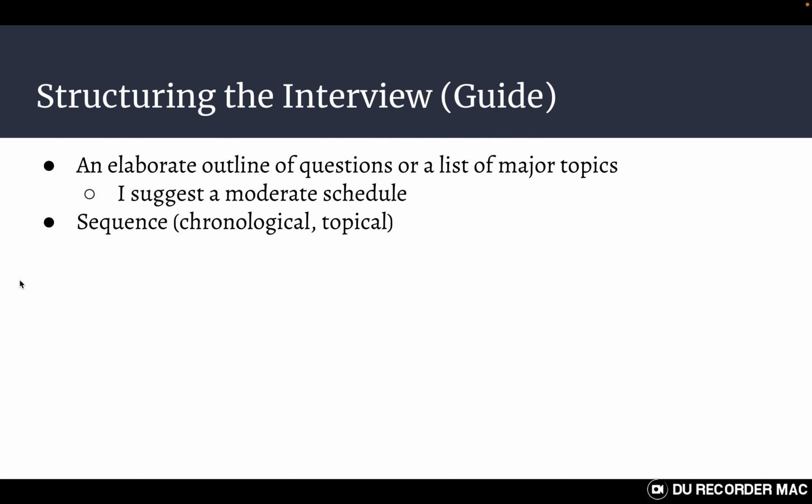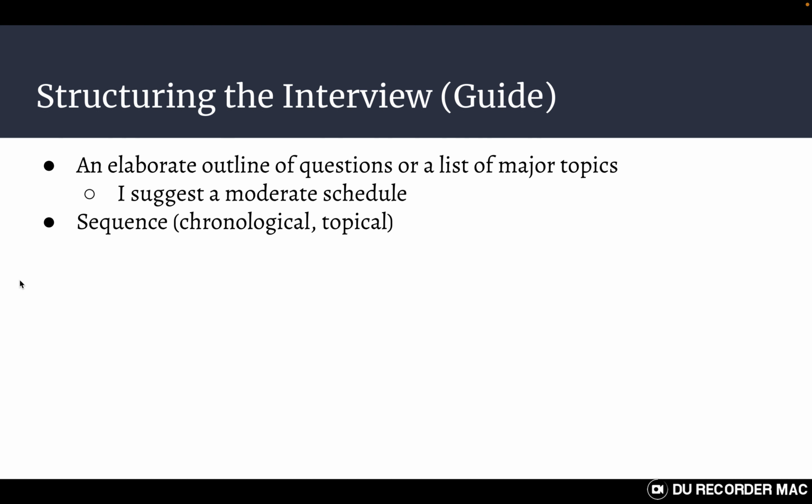And then future, you can ask them about their own career advancement. Where do you plan to go next from here? Or, if you could give advice for me as I'm about to enter this industry into the future, what advice would you give me in that instance? So that would be chronological: past, present, future. You can also organize your questions topically. So maybe you break them down into professional experience, educational experience, and industry knowledge. And those are the 3 topics that you want to explore.